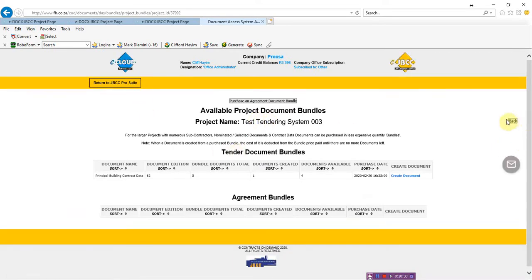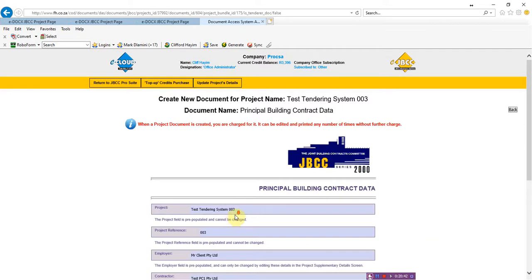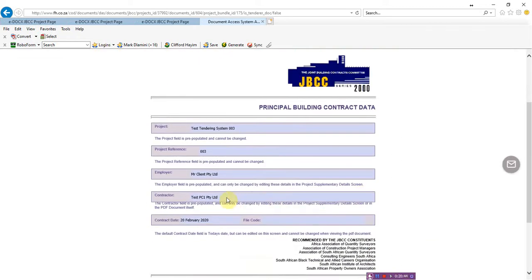And we don't want to use the, we can do it from here because there are the bundles. You will see there are 4 left, and we say create document. We're now going to create the document for the second